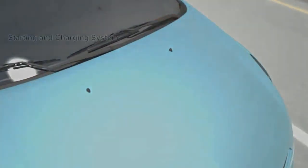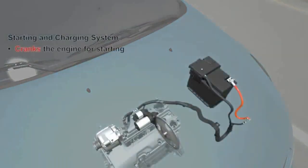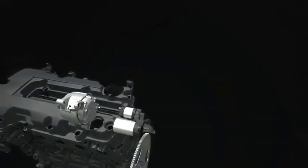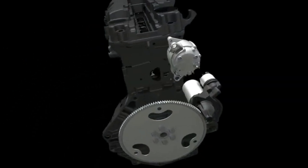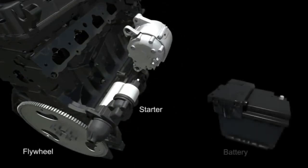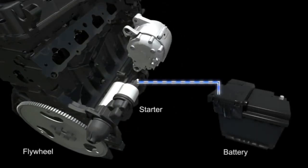The vehicle starting and charging system cranks the engine for starting, charges the vehicle battery, and provides the electrical power for engine controls, lights, and accessories. Key components of the starting and charging system include the battery, which stores the electrical energy, the starter motor, which cranks the engine, the alternator, which charges the battery and powers the vehicle electrical system, and battery cables to connect